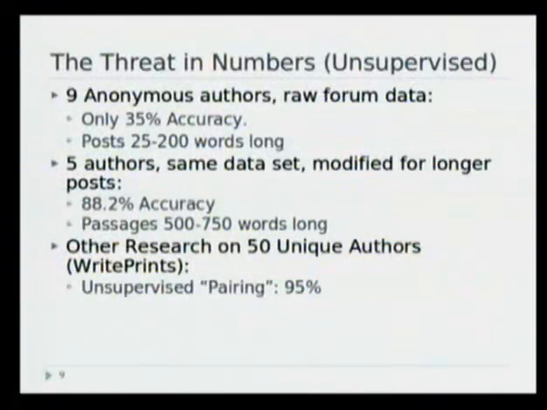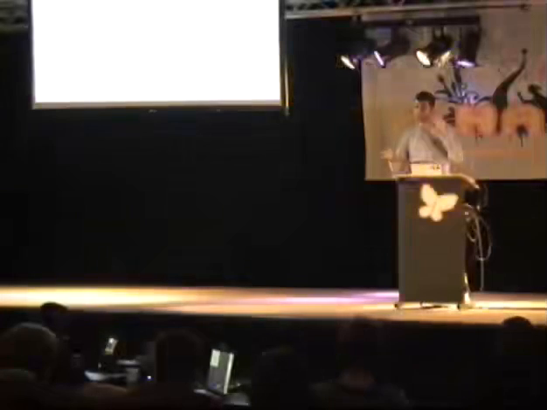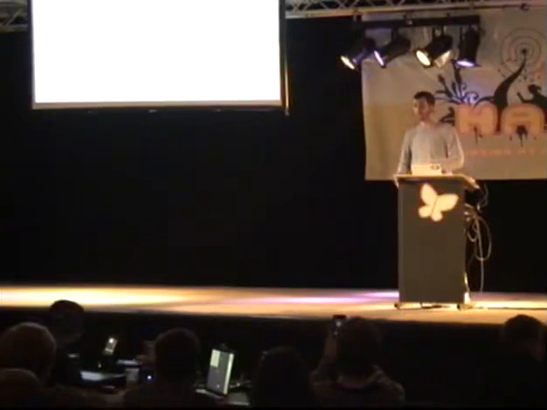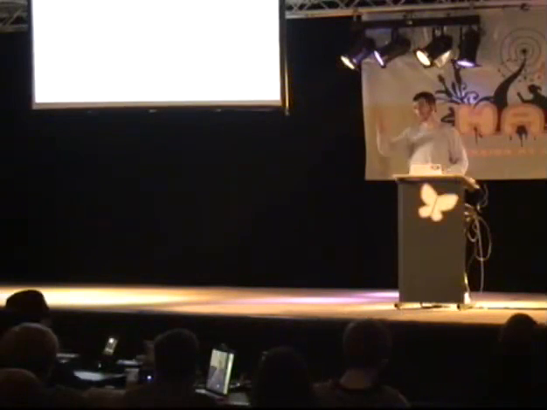There are some researchers that wrote this great paper called Write Prints, and if you Google Write Prints, you can find it, who claim to have as high as 95% accuracy looking at unsupervised clustering of 50 authors or more. Now, their problem is defined a little bit differently in the fact that they're looking only at pairing of authors. They were taking just 2 documents from each author and comparing one set to the other to try and link